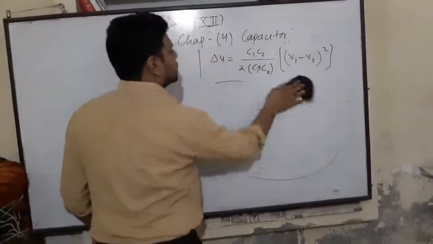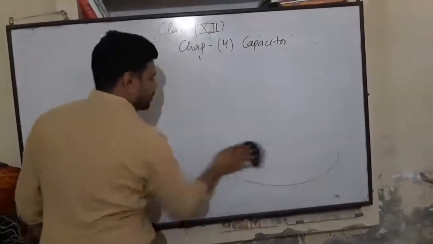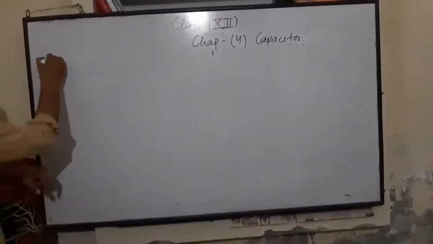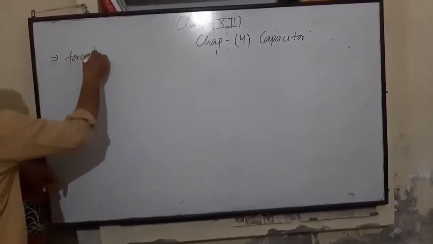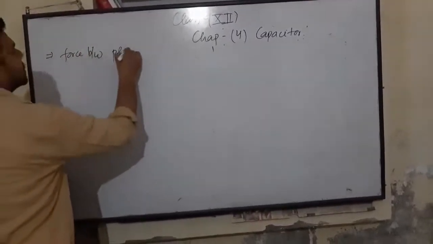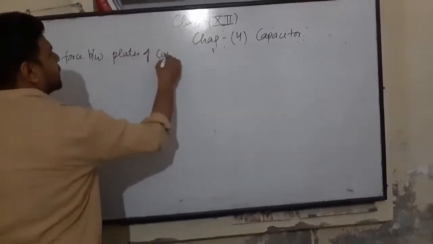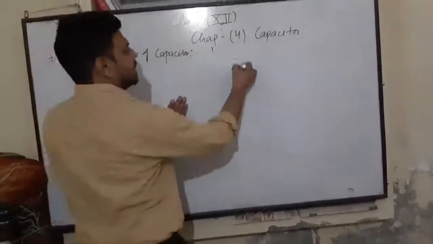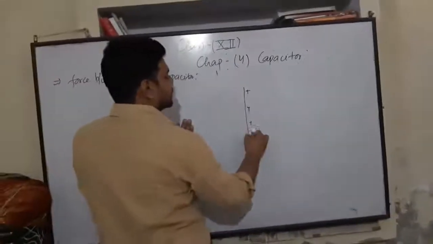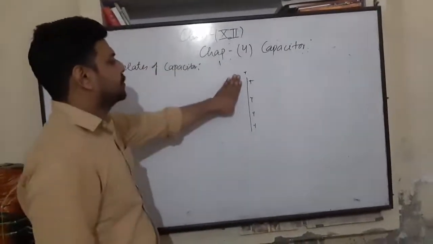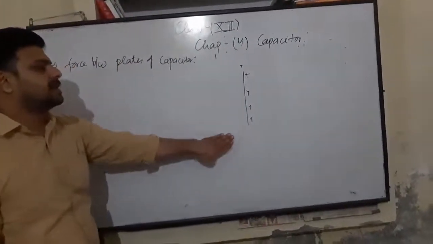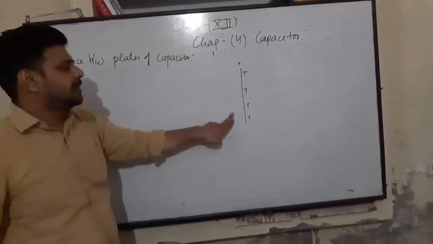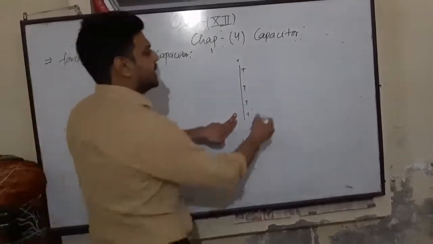So this was for the loss of energy. Now our next topic is force between plates of capacitor. Consider we have one plate having charge plus Q. So electric field, as I told you in the chapter Gauss theorem, the electric field due to this plate